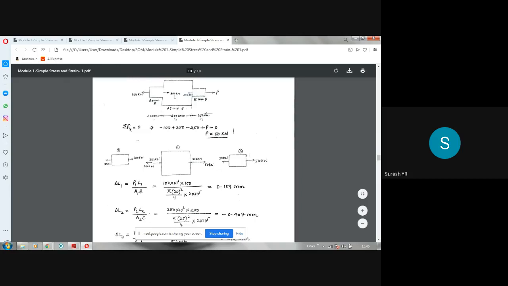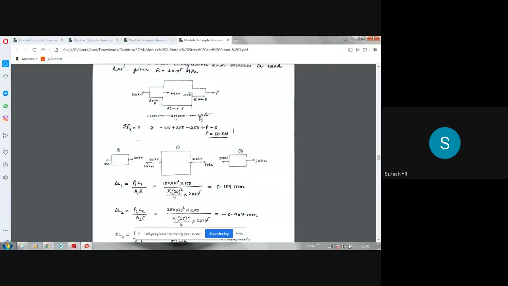So 300 is already given here, so take that 300, and 250 is given like this, so take towards that. So that means these two are compressive. Then to balance this 100 kilonewton, I have to introduce 100 kilonewton in the opposite direction. To balance this 50 kilonewton, I have to introduce 50 kilonewton in this direction. So then the total will be now